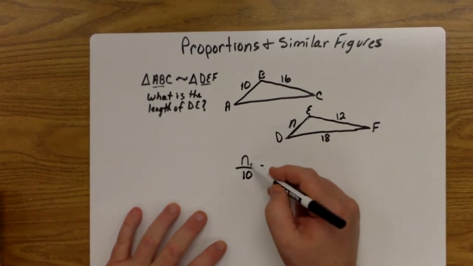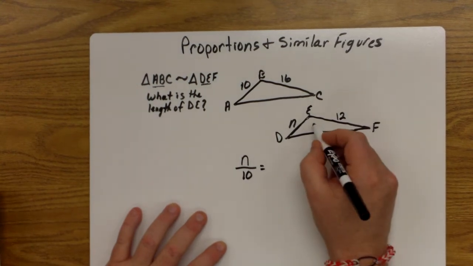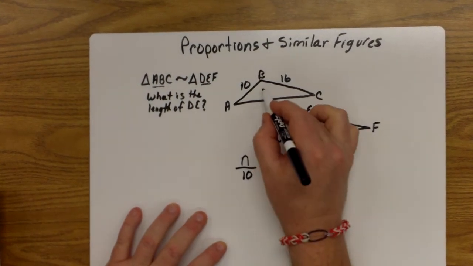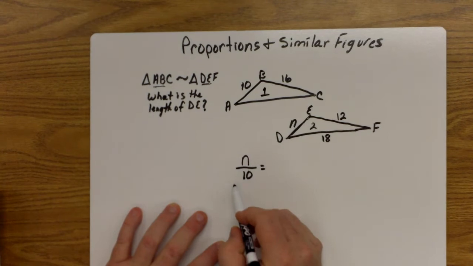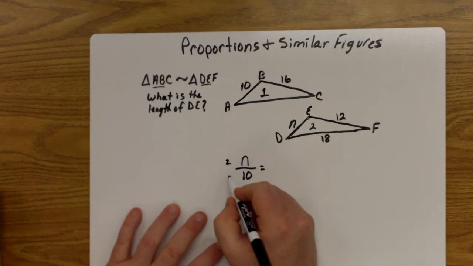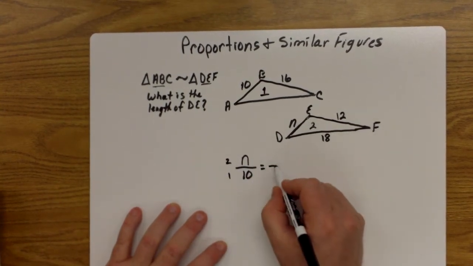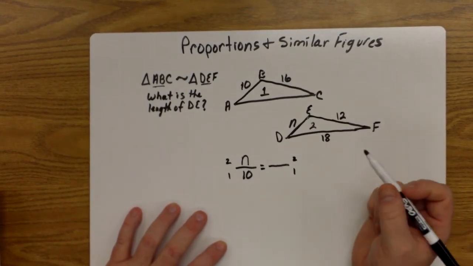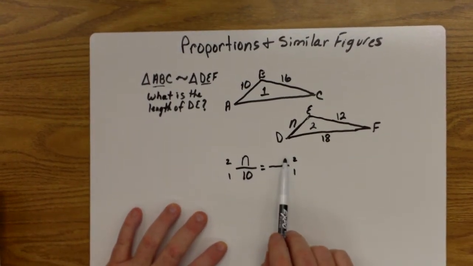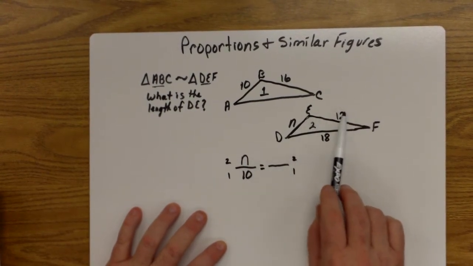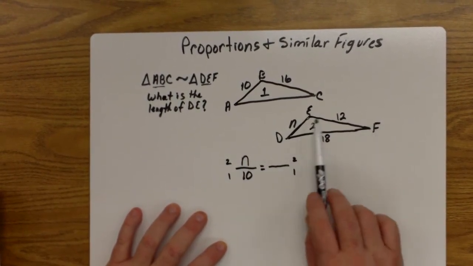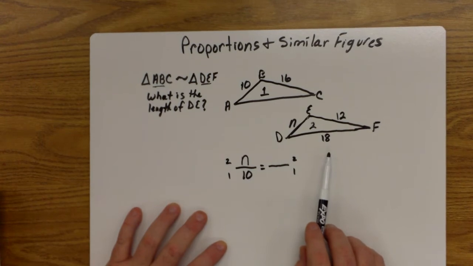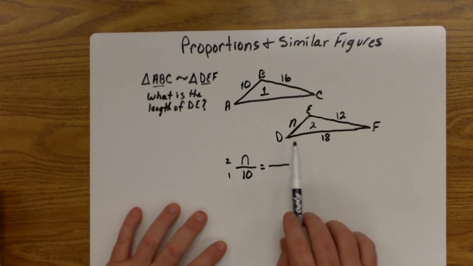Now we got to be careful how we set our ratio up. We'll call this triangle 2 and this triangle 1. So the way I set this up was I had triangle 2 over triangle 1. So in my other ratio, I have to have triangle 2 over triangle 1. So go back to triangle 2 and pick another side, EF or DF, and it doesn't really matter which one you want to use. However, in this case, I can't choose DF,